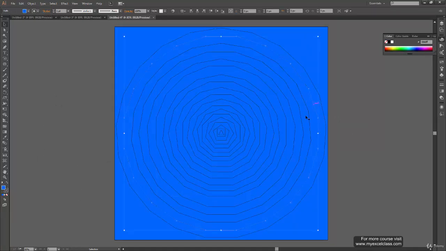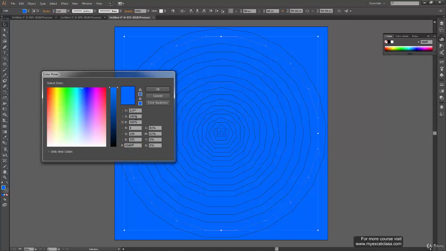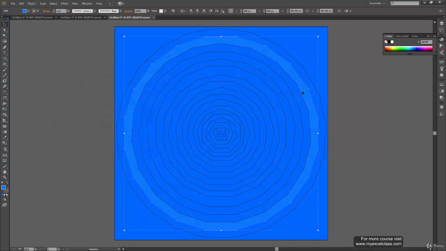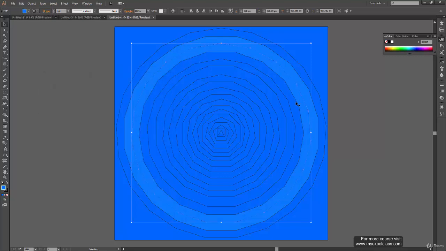So what we are going to do is change the brightness level of this one. We can select the brightness palette, or actually the saturation one, and keep adding white in every polygon. Over here you can see the change from your previous color to the new color. When you feel there's enough difference between these two colors, you can press OK.